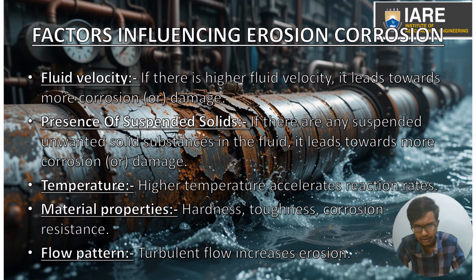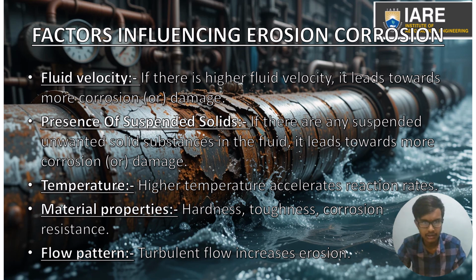Turbulent flow increases the phenomenon of erosion corrosion, because this turbulent flow causes fluctuating pressures and shear stresses that disrupt the protective films and increase the rate of erosion corrosion. Hence, understanding these factors is very crucial for designing effective prevention and control strategies to enhance the